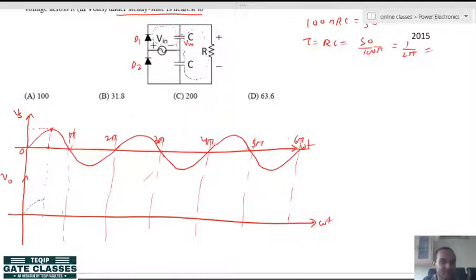So, it will discharge like this, but you see the time constant is very large. It means that the discharging will be very slow. So, we can say that the capacitor is discharging very slowly, alright, and that will be the output voltage. Alright. So, this is Vm. Okay. So, the capacitor will get discharged very slowly. Okay. See here.